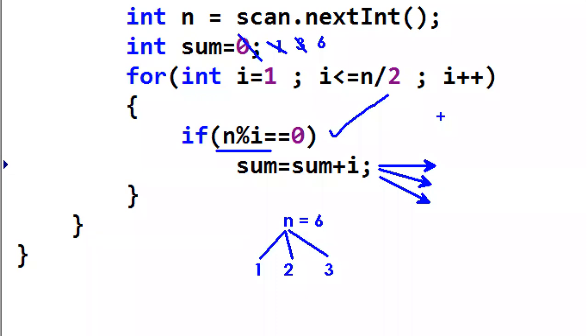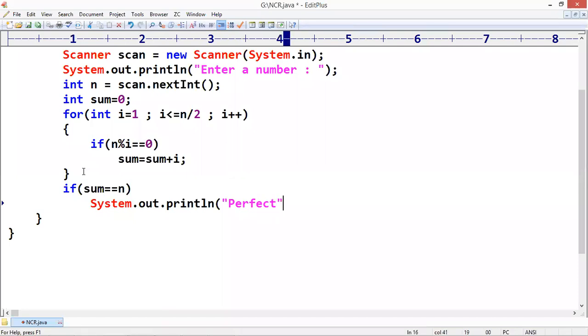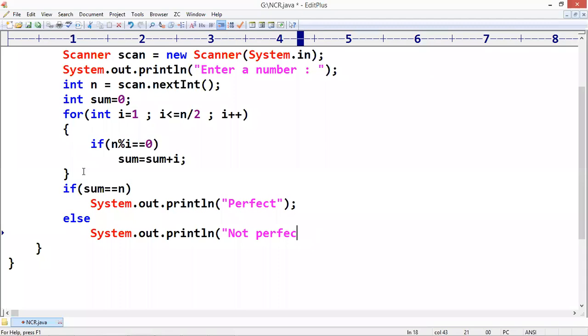Like this we found. So finally, if that sum value and n value both are equal, then we can say it is perfect, else not perfect.